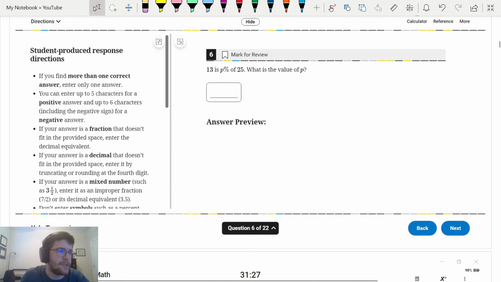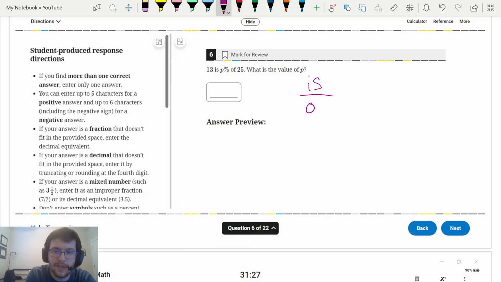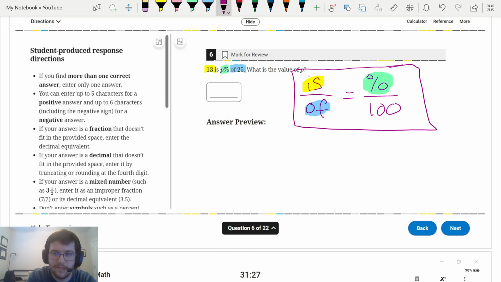Okay, there's a couple of ways to do this one. For percent problems like this, I like to use this equation from grade school: is over of equals percent over 100. So you see the thing next to the is is the 13. The thing next to the of is the 25. And the percent is P. So we plug all those in, and I'll just put a box around this. So we get 13 over 25